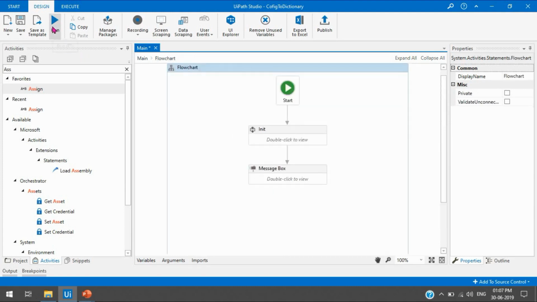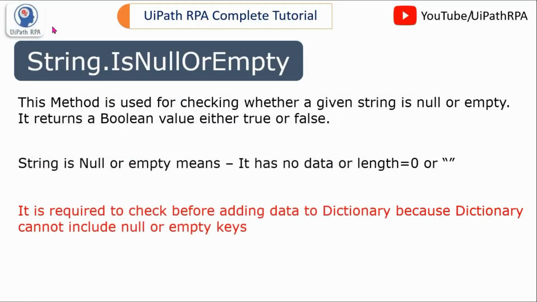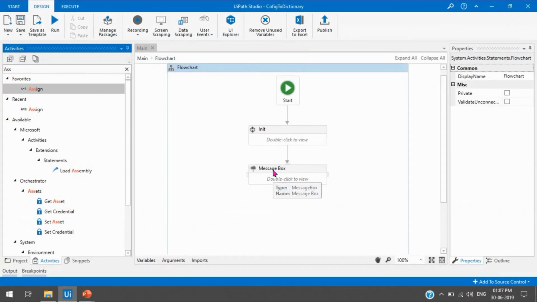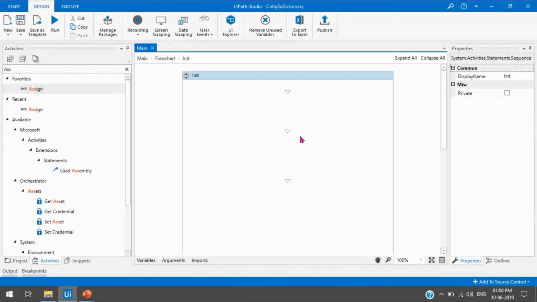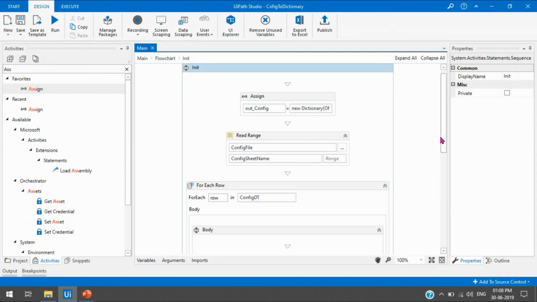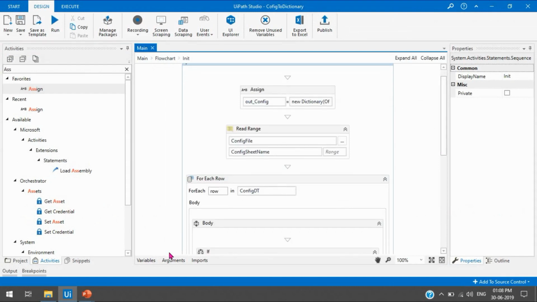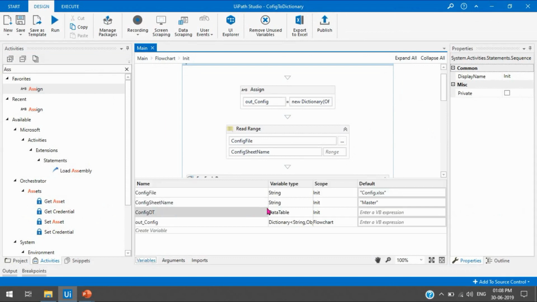Now let me run this. I can show you whether it's working fine with the assign activity or not. So this is working fine, we are getting the data. Now we have the two things. We got how to pass the sheet name. We can directly pass it here in the default value, or we can take an assign activity. For the config sheet also we can pass it here, or we can take a variable.